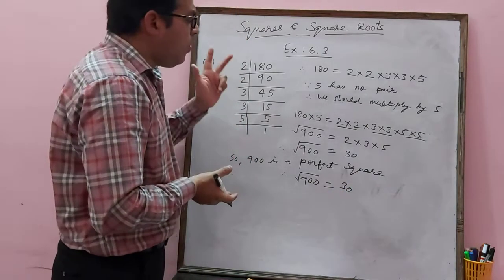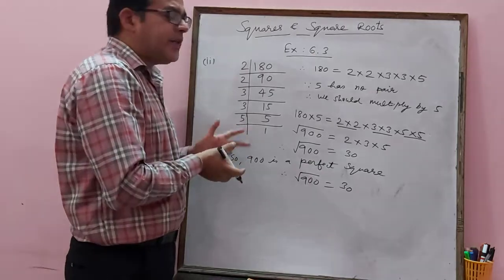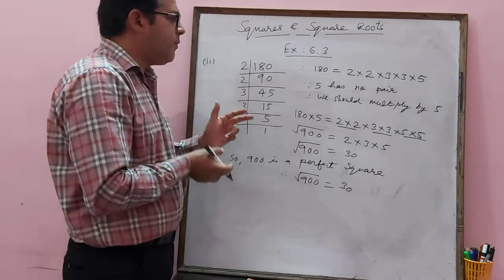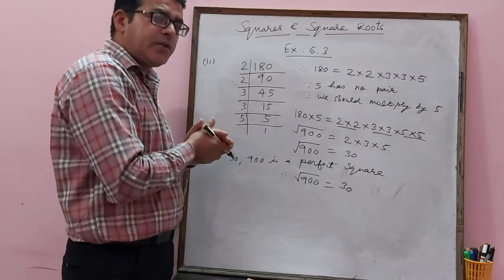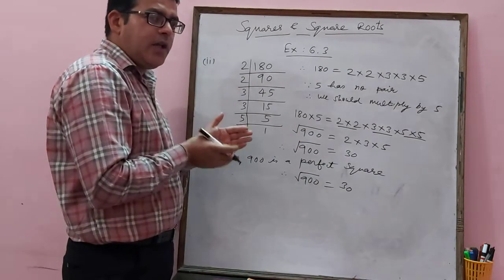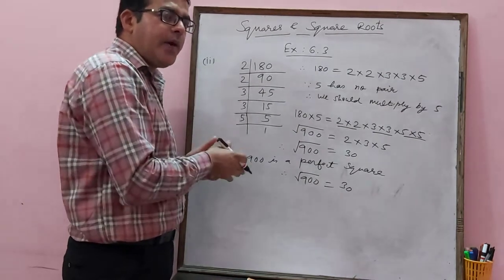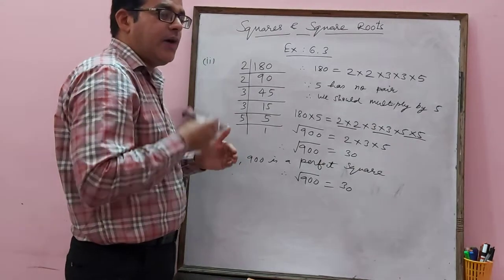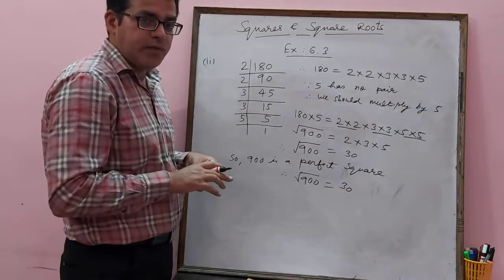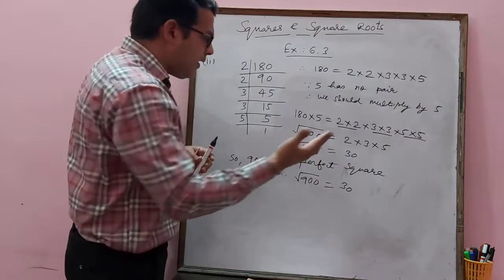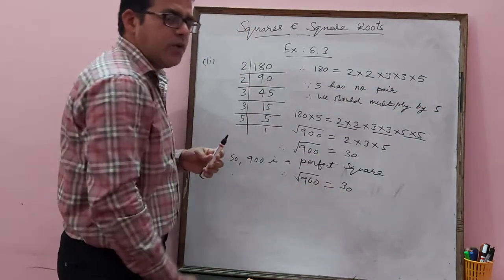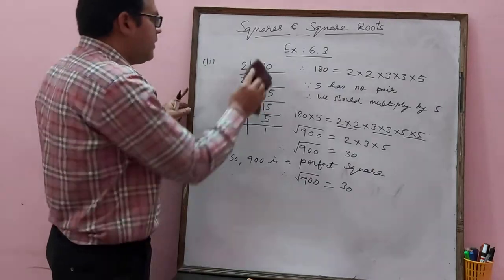Right? So two parts are there in this question. First one is by which number we should multiply it to make a perfect square. Second part is, once we make it a perfect square, then find out the square root of that perfect square number. So by 5 we should multiply, and this is the square root. Hope you understand, guys.